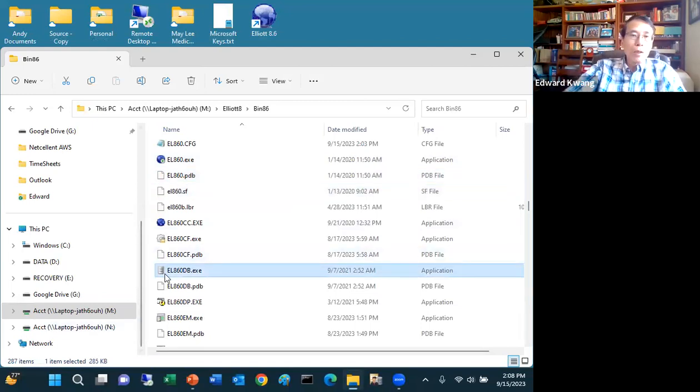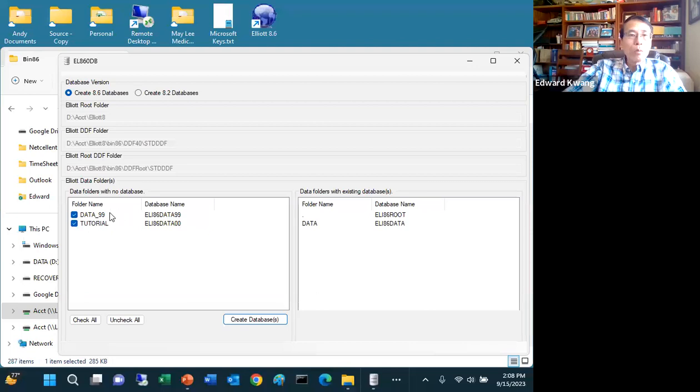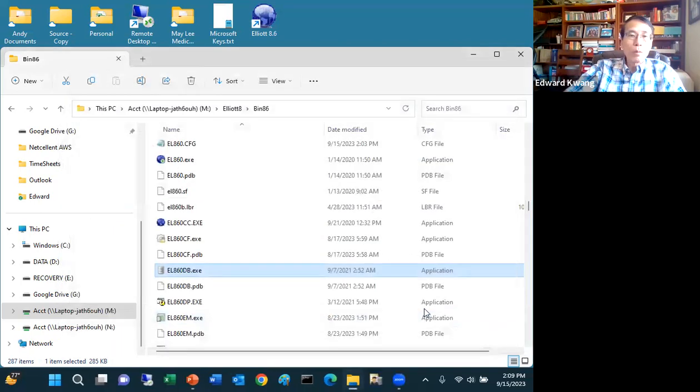Okay, so ELA60DB stands for database. You click on it, and now this looks familiar to you, right? And we actually went through this when we were doing the installation. But now I want to add data 99, and I want to create a database. So I say create database. So now data 99 also has the corresponding data. So that's what I want to do.